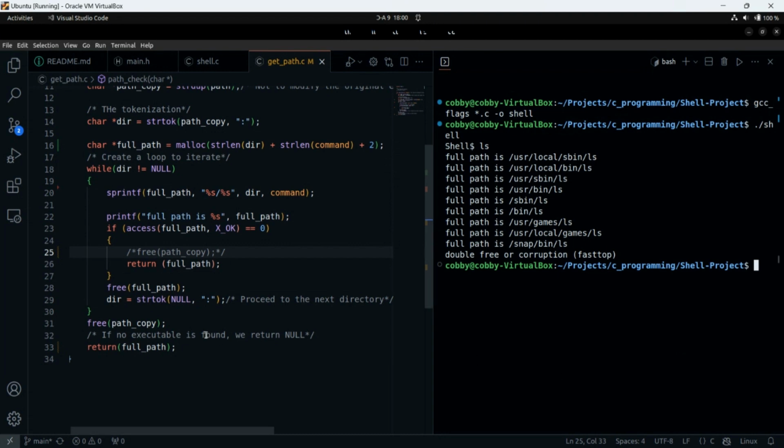Okay, I can see you have two free. The first one inside the if access and the other one outside the while statement. Yeah, part free. This is to free full part. And then let's just get our bug solved and care about freeing the memory allocation later. So we are not freeing this, but this is necessary to free. So let's try it again. Thank you very much.